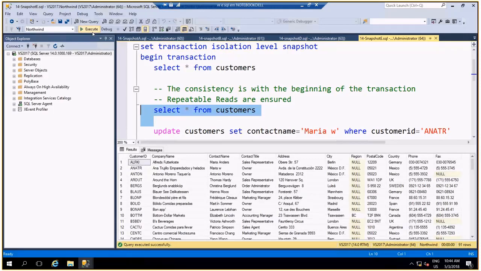The transaction on script B, the update, is committed already, but there is consistency according to the beginning of this transaction.